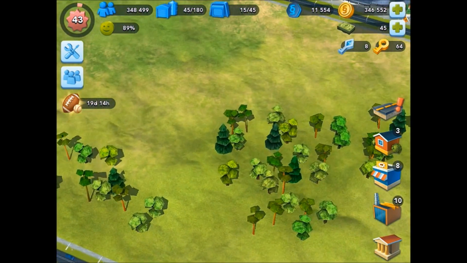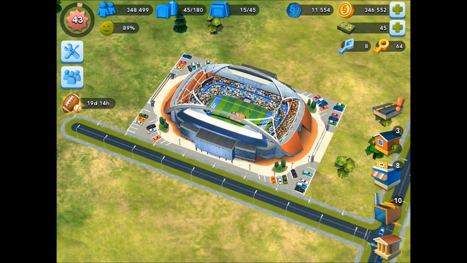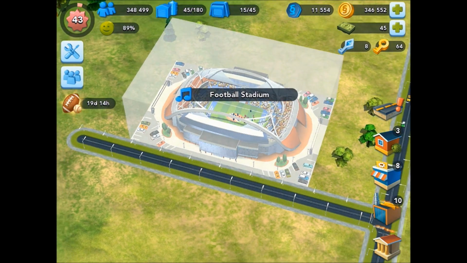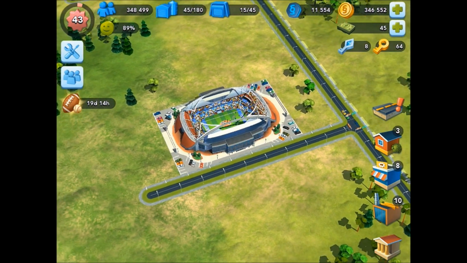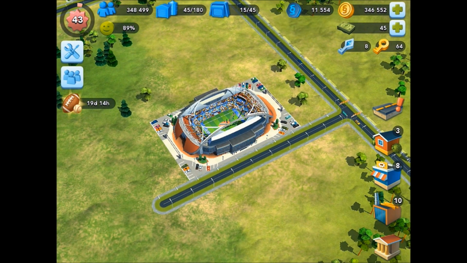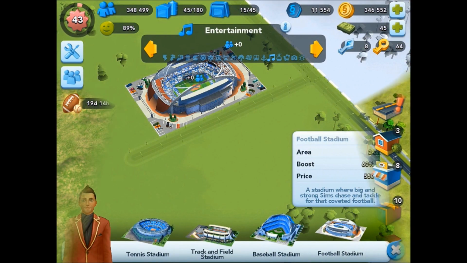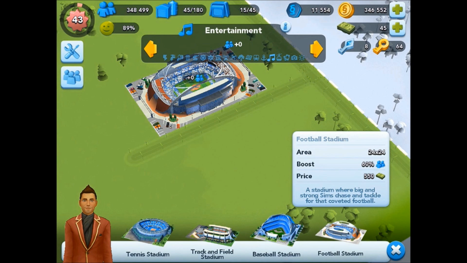On to our second venue this week, and we have the football stadium. And depending on where you live, this might be better called the American Football Stadium, as there are several different varieties of football around the world. But anyway, the football stadium here in-game is by far the most expensive building from the weekly sports venues at 550 SimCash. But I think it looks really cool in-game, and it has the big stats to back up its